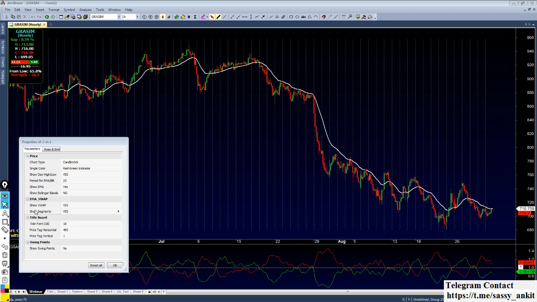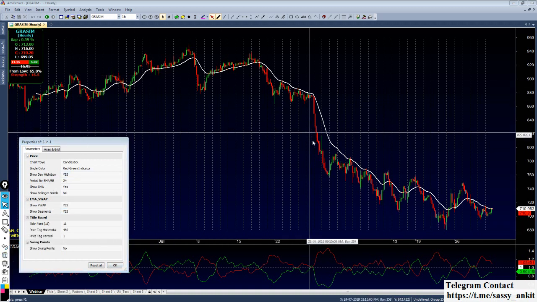Now what we need to do is the important step. The period which came out is 23. You need to adjust this period to the nearby value which is a multiple of 3. Remember, a multiple of 3 is very important to work with Vortex. So here the nearest multiple of 3 is 24. So we will select our period as 24. Okay, so that's the period we selected for our EMA.